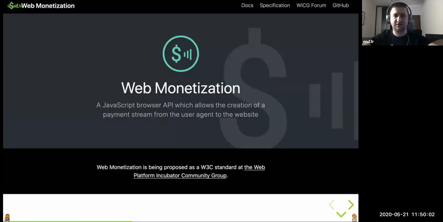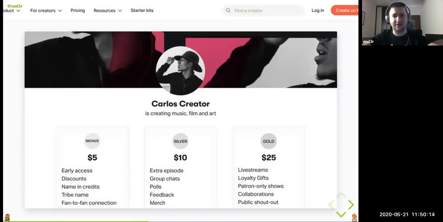So web monetization is the API that you can use to send money, which is a proposal to the W3C. I think the best explanation for someone who knows absolutely nothing about it is that it works kind of like a Patreon, but for the whole of the web. You can visit someone's page, and then that someone is paid some money. So instead of selecting which people you want to support by subscribing to them, or by selecting which offer you want to pick, it's rather visiting anyone who has a web monetized website and spending time on it, and automatically those authors are